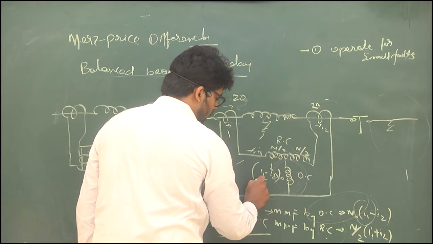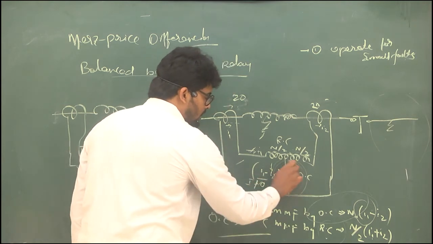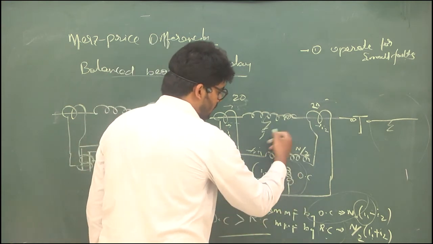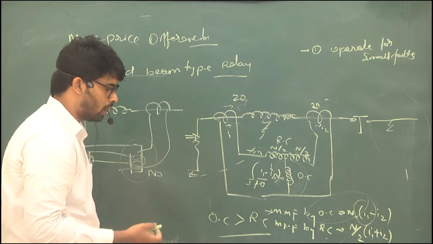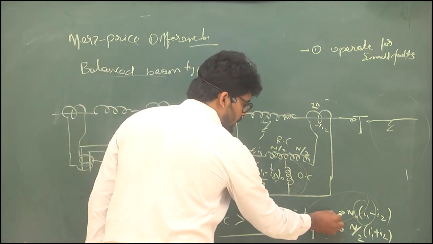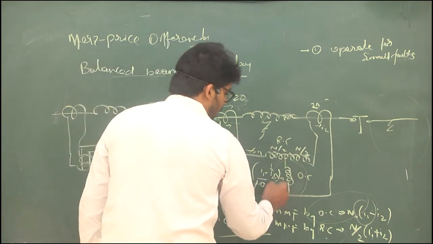So this current I will not be equal to 0. So this relay coil will get operated. Once this relay is excited, then it gives a trip signal to the trip circuit of the coil. So based upon these two equations, we interrelate the operation of the relay coil.